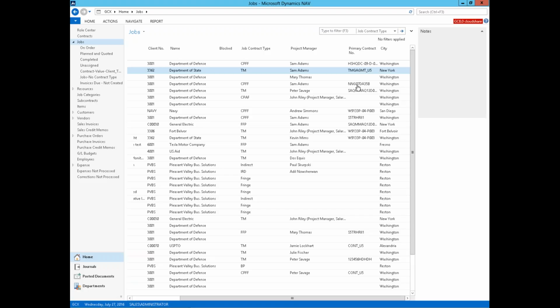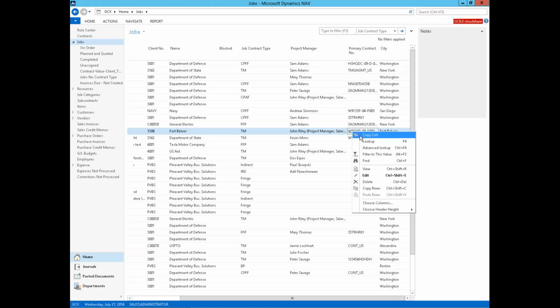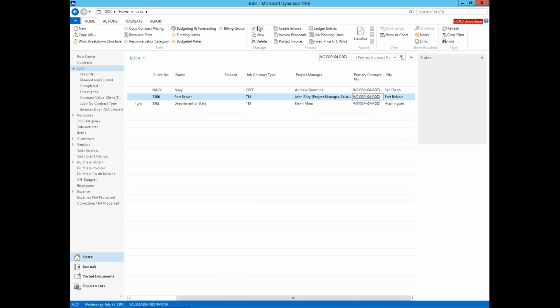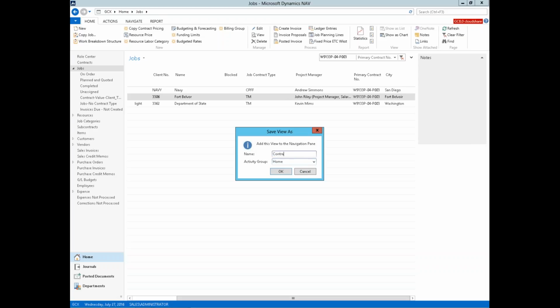But anytime I've got a list, I can set a filter on this. So if I wanted to see all jobs where the primary contract number was this W9 number, I can say I want to filter to that value. So here's the list of work that we're performing under that contract vehicle. And if I want to save that, so maybe I'm a program manager and I manage this contract, well, here's the 3 jobs or tasks, but we're always competing for more work. So I'm going to save this and say that this is something that I always want to have a view of. So I'll just save view as. And we're going to call this